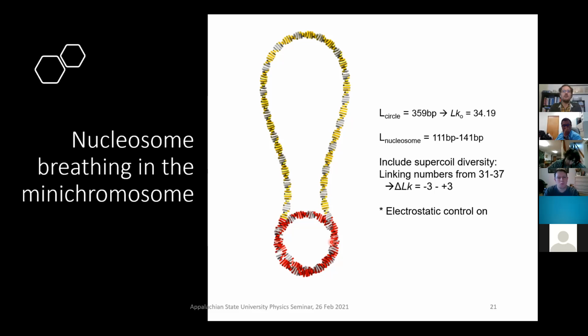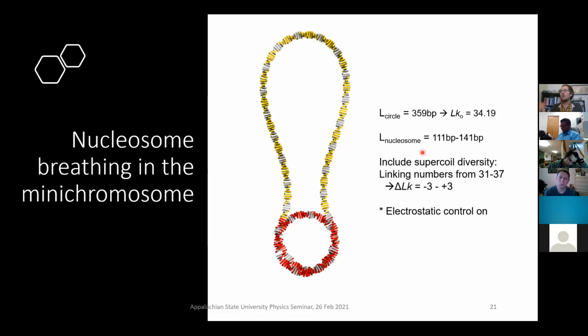So we wanted to take a look at what would happen if we start to relax the number of base pairs that are considered to be adhering to the histone core particle. We kept the total number of base pairs the same at 359 base pairs. It might be larger than the model that I had shown earlier, but 359 base pairs is the size that we saw from the Ariel-Purnell study that I mentioned earlier. We want to stick with biologically known lengths of DNA, and we want to make changes to the topology, levels of degrees of supercoiling, as well as the number of base pairs that we would consider to be the nucleosome, anywhere from 111 base pairs to 141.